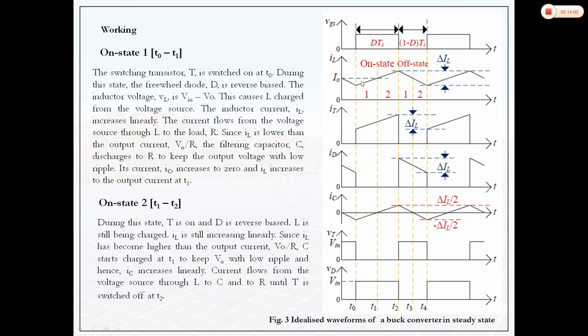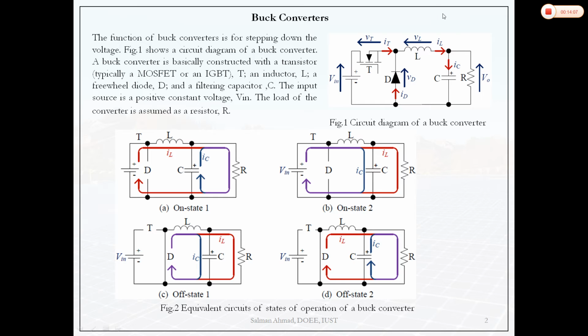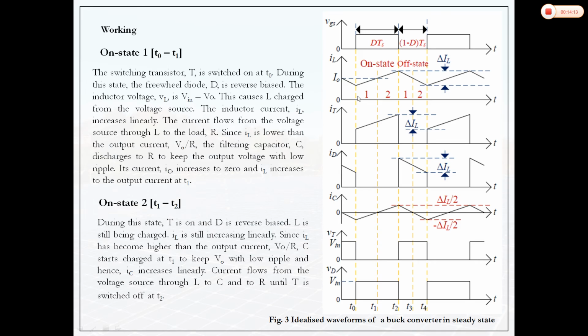Similarly, if we take out I naught from IL, we will get IC. You can see from the figure. So IC is basically nothing but IL minus I naught. So if we take I naught out from this, we will get IC. So you can see that this point actually will shift to the origin point, to the x-axis line.